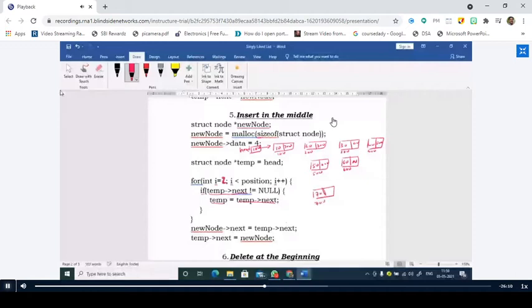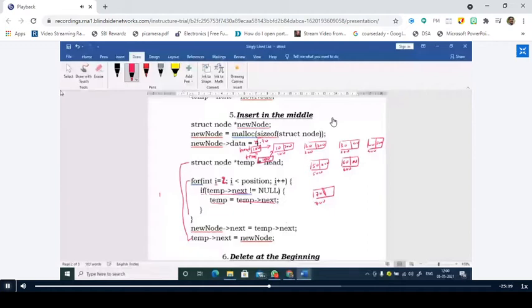Up to here it is clear, right? We'll see what happens from here to here. So struct node, I have created a temporary variable and I have assigned it to the value of head. Therefore, what's the value of temp right now? 100, sir. Therefore, both temp and head are pointing to the first node. Now let us go with the for loop. For I is equal to 2, so let us take a variable I is equal to 2.